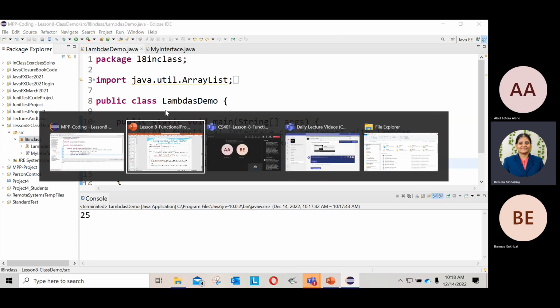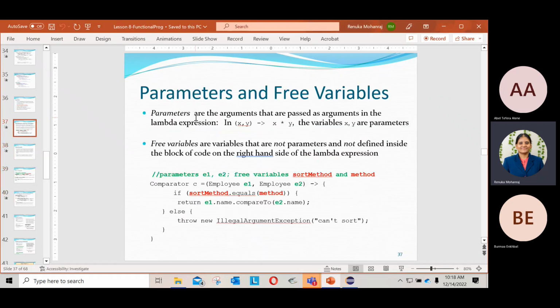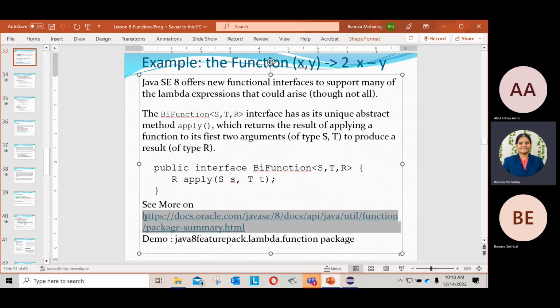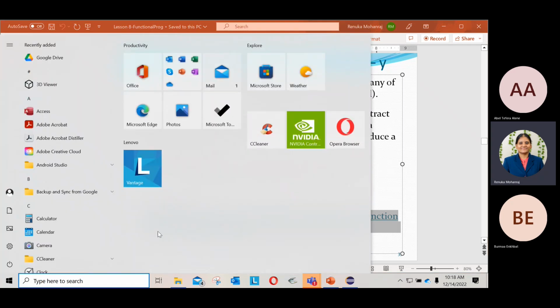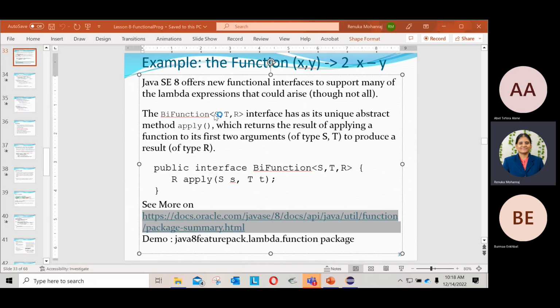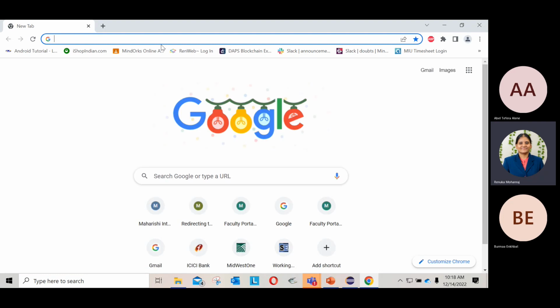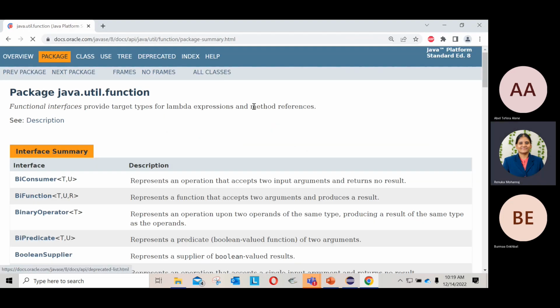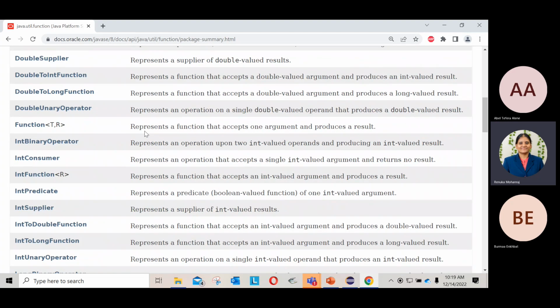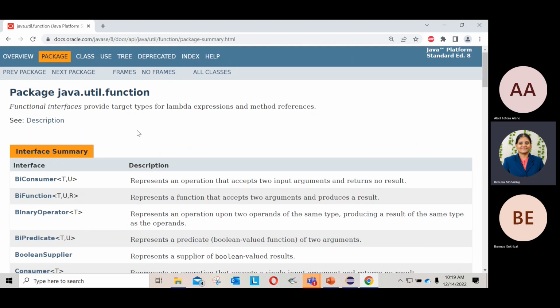When you go to this API library, you can copy this link from slide number 40. You can know how many default functional interfaces are available in Java. You can refer to this link. I will use those functionalities first, to show how to use the APIs. When you copy and paste this link, you can see so many functional interfaces. We can go for these interfaces. If that is not suitable, you can create your own functional interface.